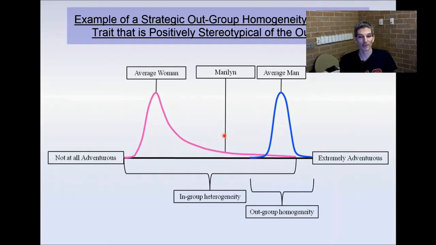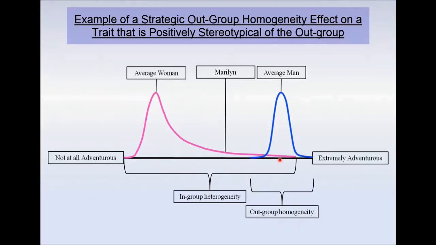And when correspondingly we asked them about particularly positive stereotypical traits, so for example, men rating themselves on the trait adventurous, then they'd say, well, we're all like that. We're very much similar, because there was no need for this odd person out to be in the group. So these results are important because they demonstrate that people may perceive their group to be more or less variable depending on whether they want to distance themselves from or associate themselves with their group's stereotype.